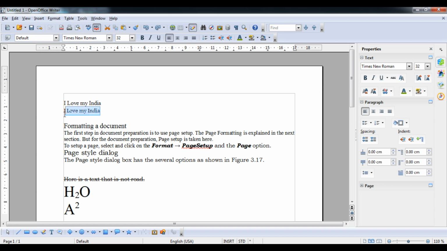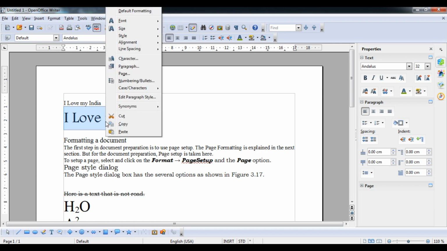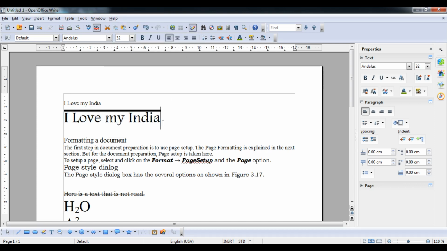I will show you an example also. So, I love India. I will increase its size also, that is 13 or 14, or I will make it 32. Now I am going to right click on it and then go to the style option, overline. Now you can see that a particular line has been drawn above, not underline. Here is underline and this is overline.